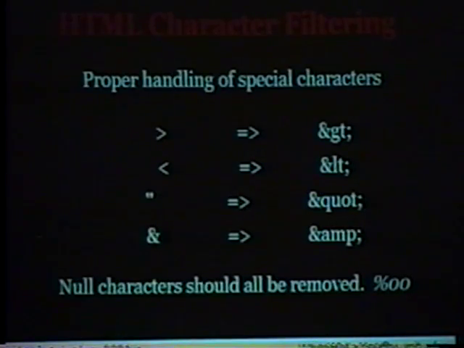HTML character filtering. This relates to cross-site scripting, and I'll get more in depth on that as we go on. A lot of times you can put in HTML tags and just watch the echo response, and if the tags aren't properly substituted like they are on the right there with HTML entities, chances are you can get a cross-site scripting exploit to execute, whether or not it's auto-executable or click-executable, and I'll explain the two concepts later. But basically, if you can get these to go clean through and get them to echo back out at you, there's something wrong.